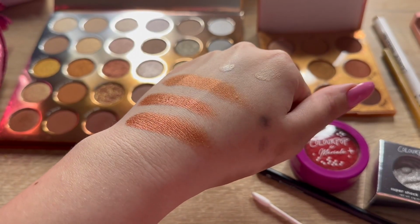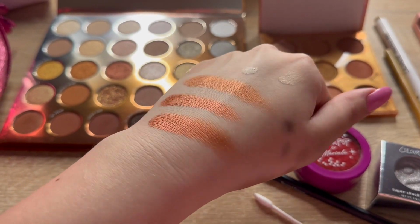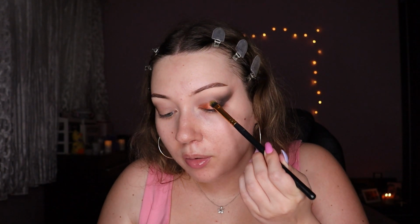Let's try Making Sense as well. Okay, well, Making Sense is slightly more orange, but honestly, I don't even know if you can tell on camera. Okay, period. So I'm just gonna close my eyes and pick one. So I ended up picking Minding Mine for whatever reason, and I'm just applying that on my moving lid